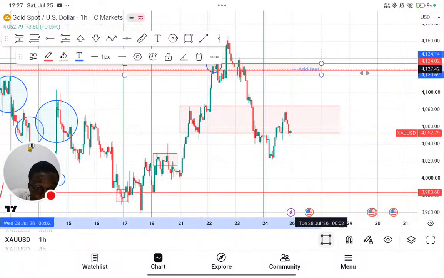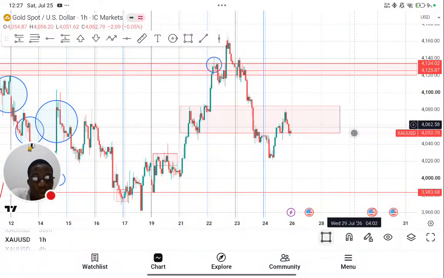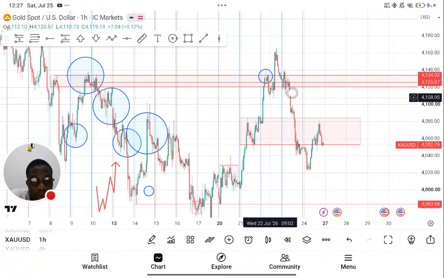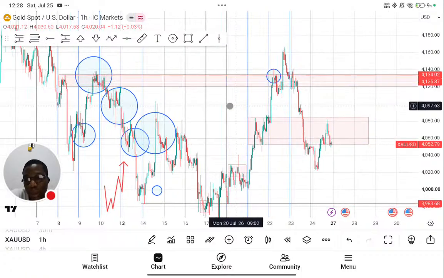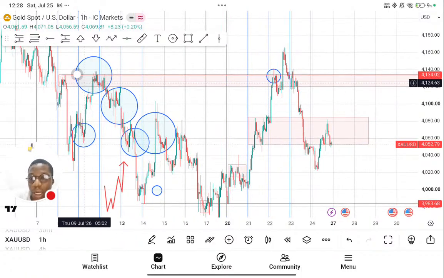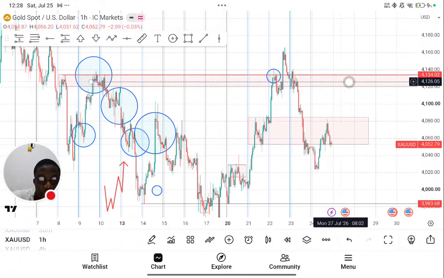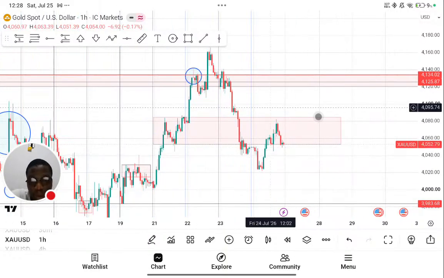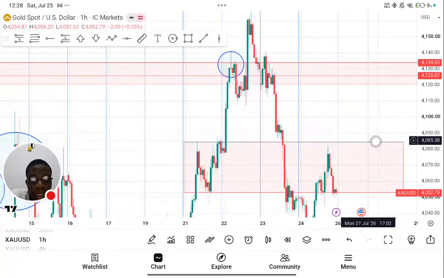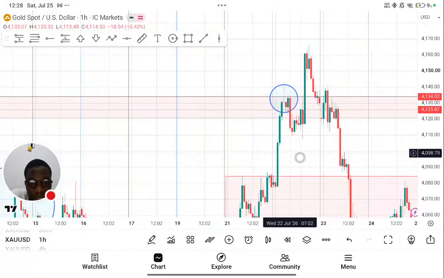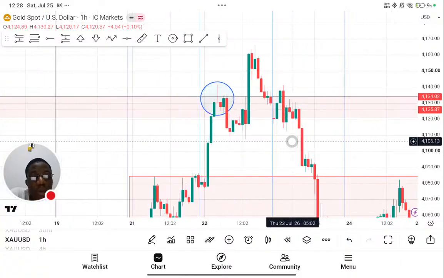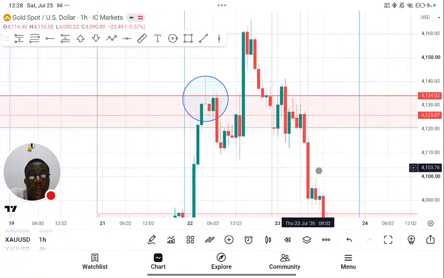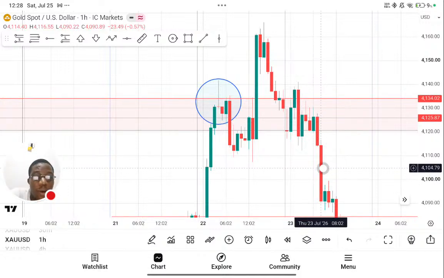That when price comes to that level, so what this means is even if you are not going to sell here, you shouldn't be looking for buy opportunities around here because of this data that this market has given you, that anytime price is here, there's more likely to be sells than buys. So why would you see a bullish engulfing candlestick here? Could you see? So these are the places where when you use the bullish engulfing candlestick or any other confirmation